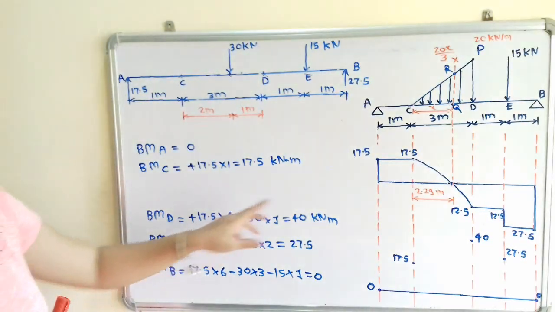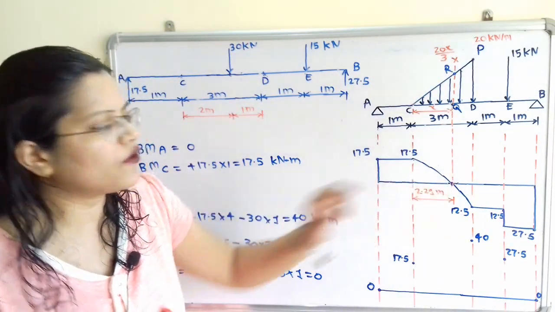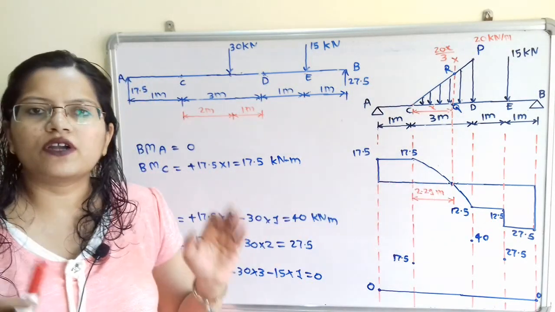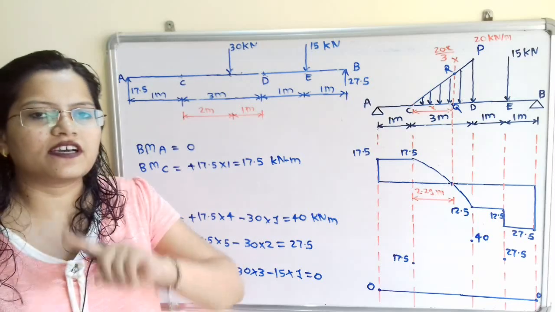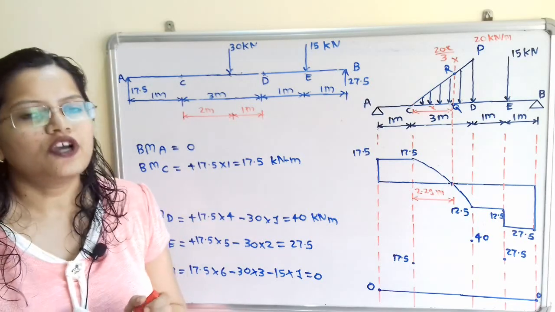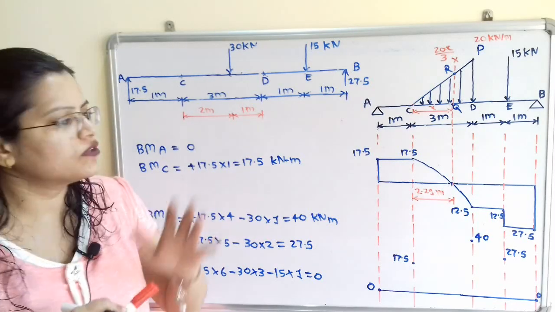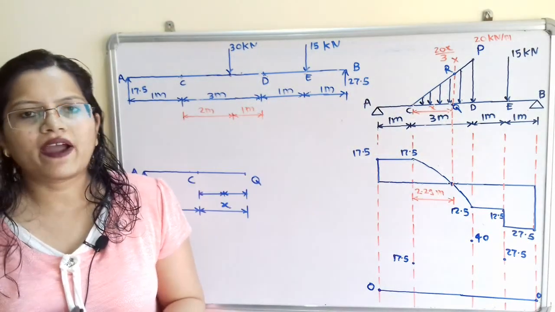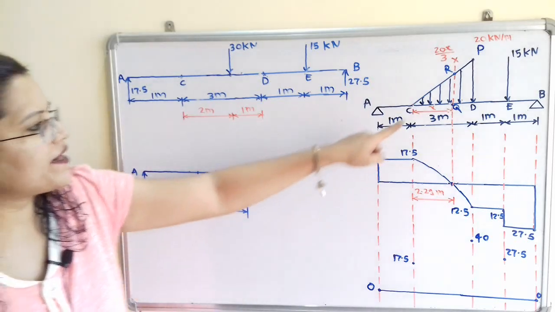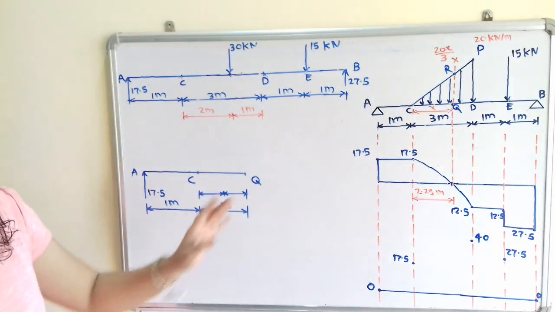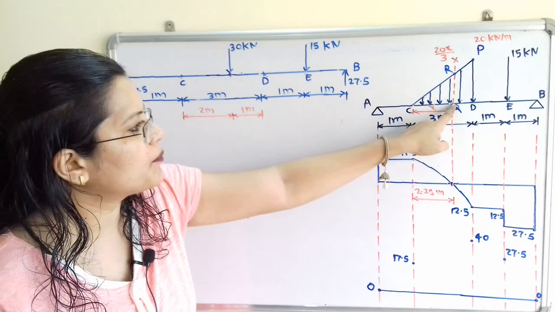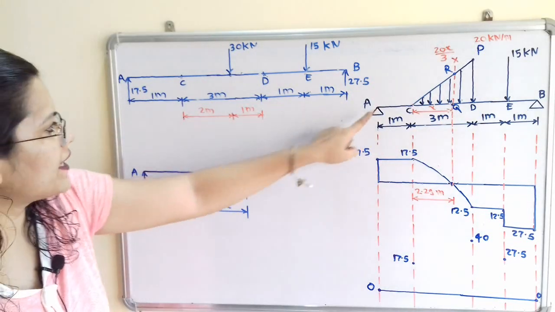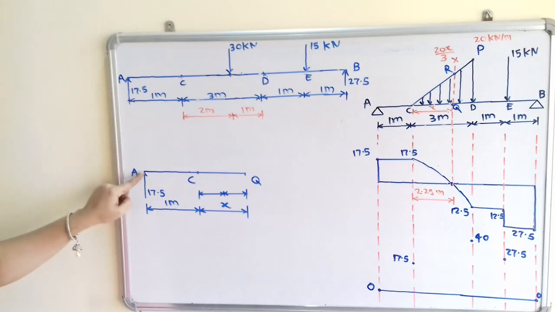But if we observe at point Q, shear force is equal to 0. And when shear force is equal to 0, then at that point there is maximum bending moment. So we have to first find out the bending moment at point Q. To find out bending moment at point Q, we will draw the free body diagram from point A up to the point Q. So we will show here the force at point A, that is equal to 17.5 kilonewton